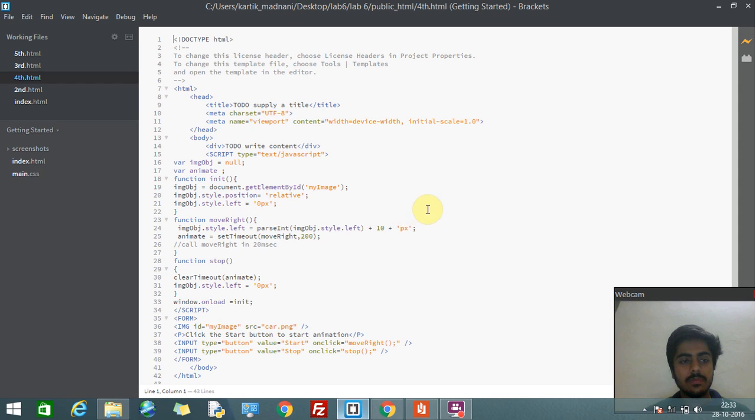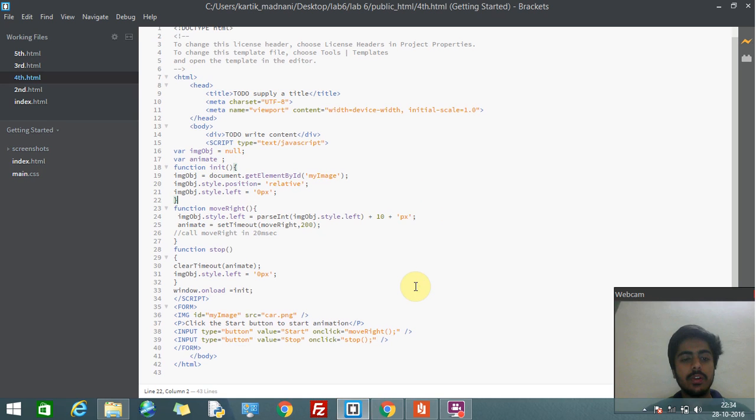So this is the coding of the particular experiment. So task. Then I'm using image object dot element by id. I've taken this image as my image, and the style and position I've given it relative, and left padding I've given 0 pixels, so it will be on the left corner of the window. Then function move right, this is a function move right which I have given. So in this, what is happening is I want the particular, whenever I click the start button, the image will